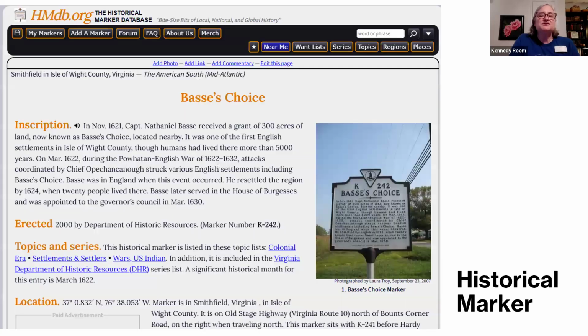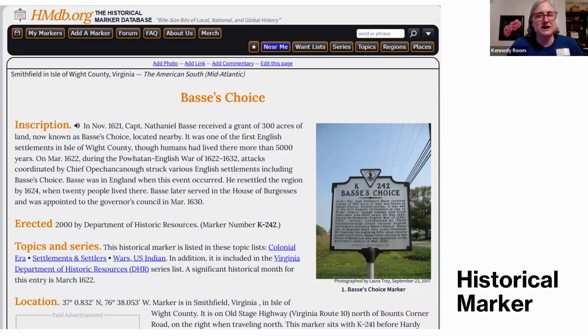And Bass's Choice does have a historical marker. It states: in November 1621, Captain Nathaniel Bass received a grant of 300 acres of land, now known as Bass's Choice, located nearby. It was one of the first English settlements in Isle of Wight County, although humans had lived there more than 5,000 years. On March 16th, 1622, during the Powhatan English War of 1622 to 1632, attacks coordinated by Chief Opechancanough